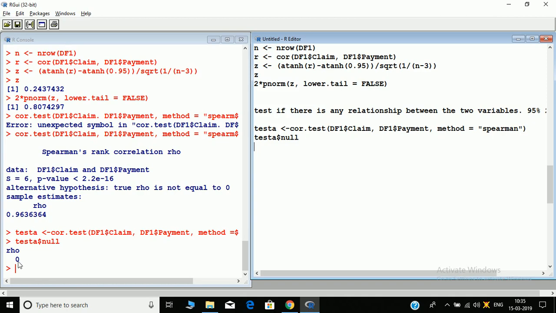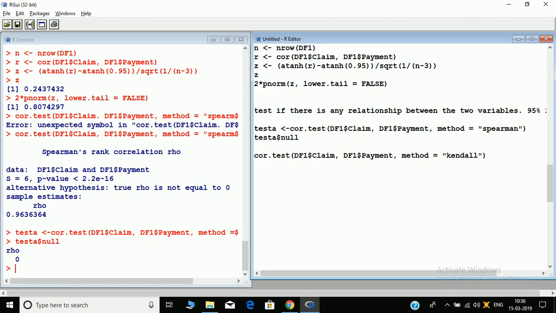Next, Kendall correlation coefficient inference using core dot test is the same way. We use core dot test, DF1 dollar claim, DF1 dollar payment, and we use method equals to Kendall.